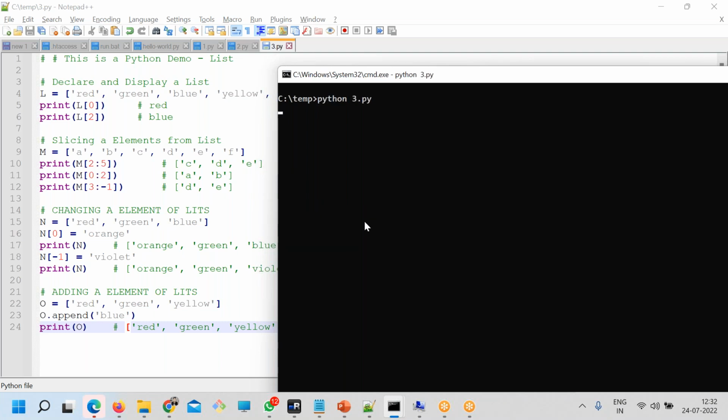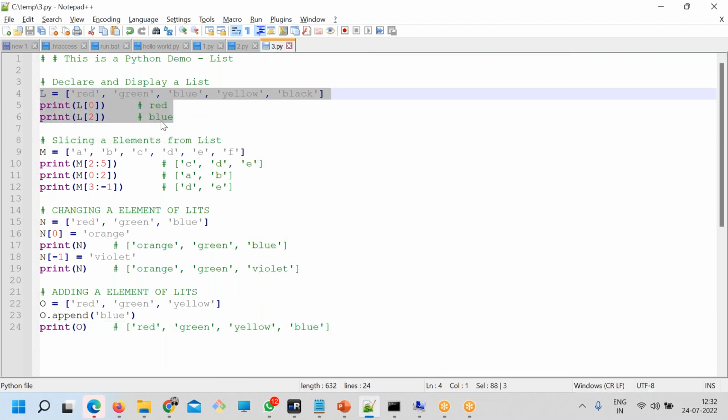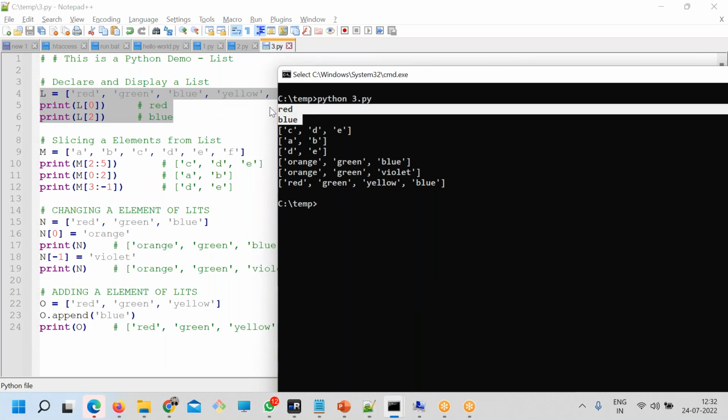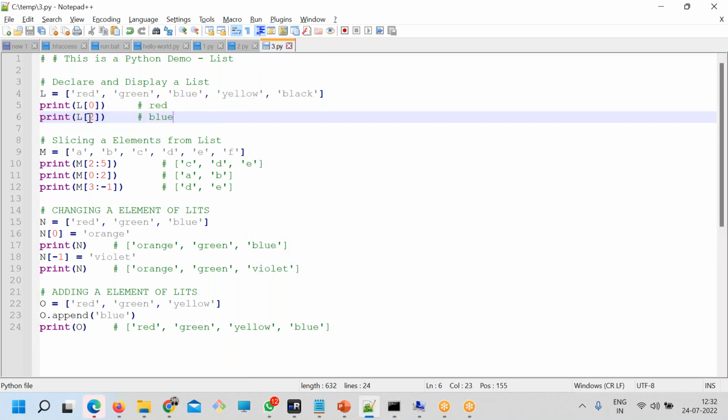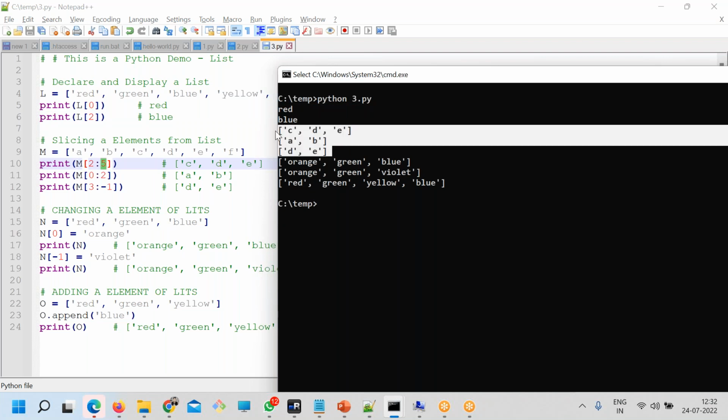So here one by one we'll check this out. First thing we'll see is that red and blue got printed. Now here, this is important. M is equal to A, B, C, D, E, F, and you are printing 2 to 5, which is here. These all are ranges.